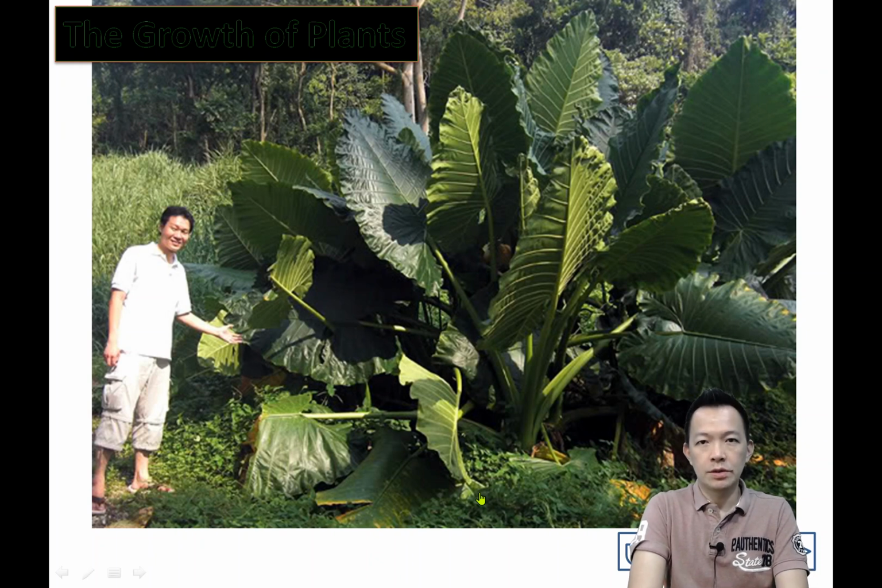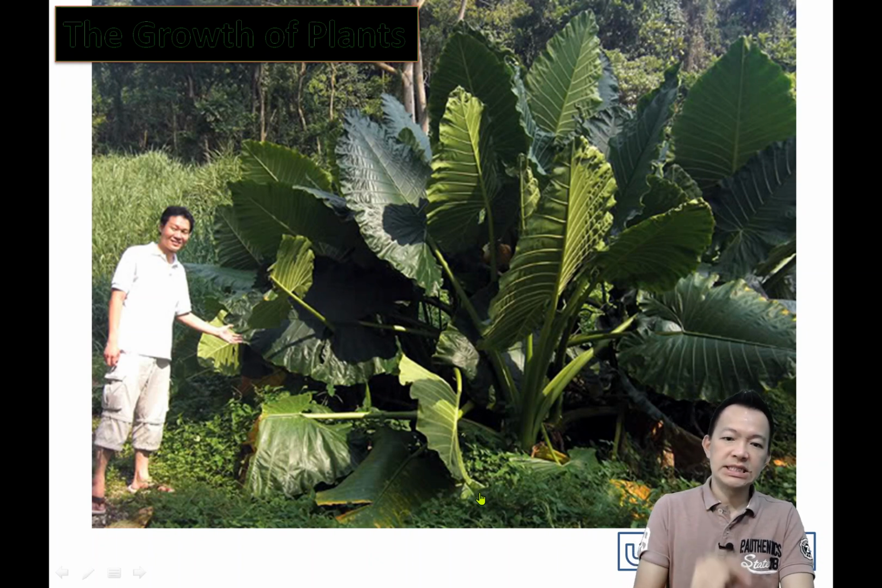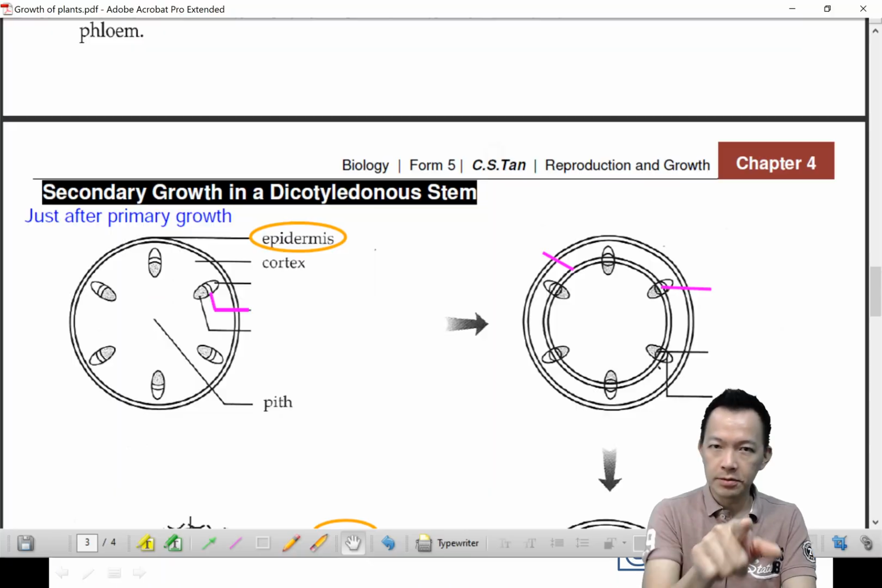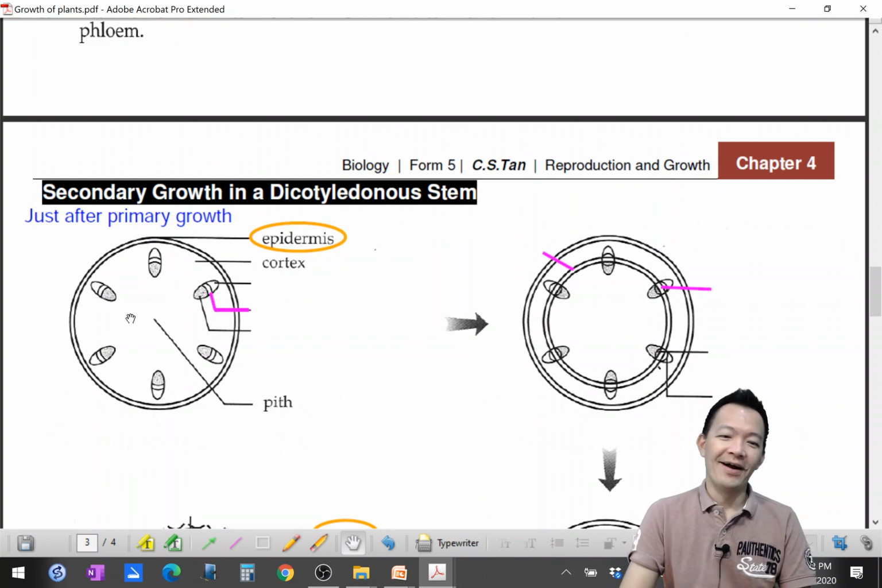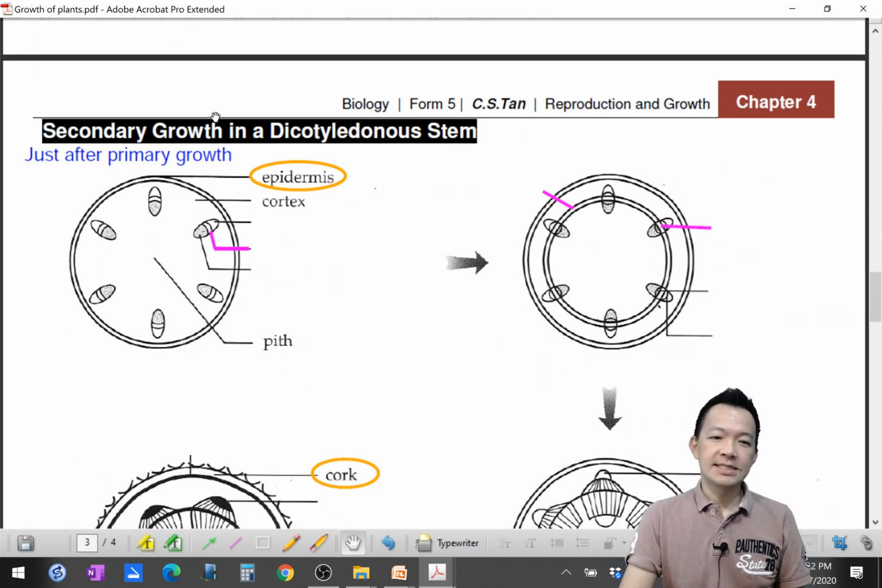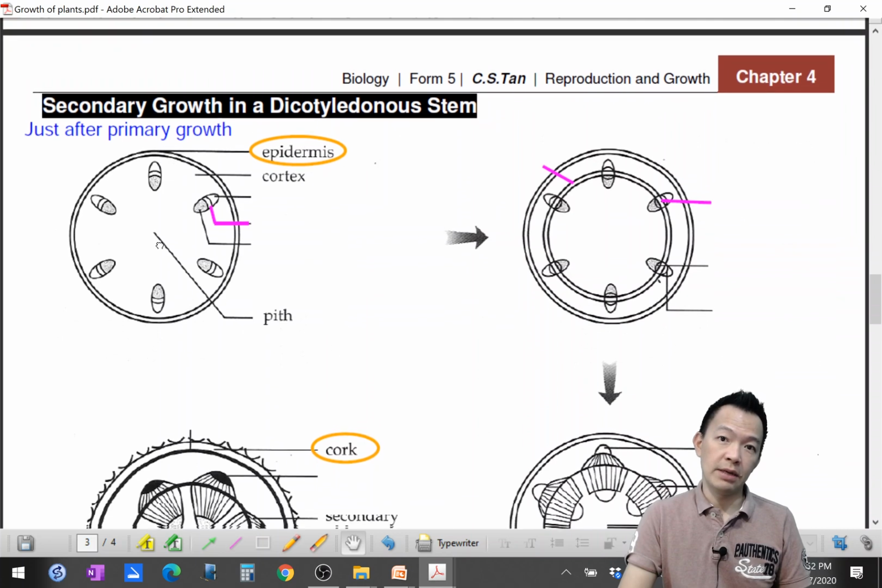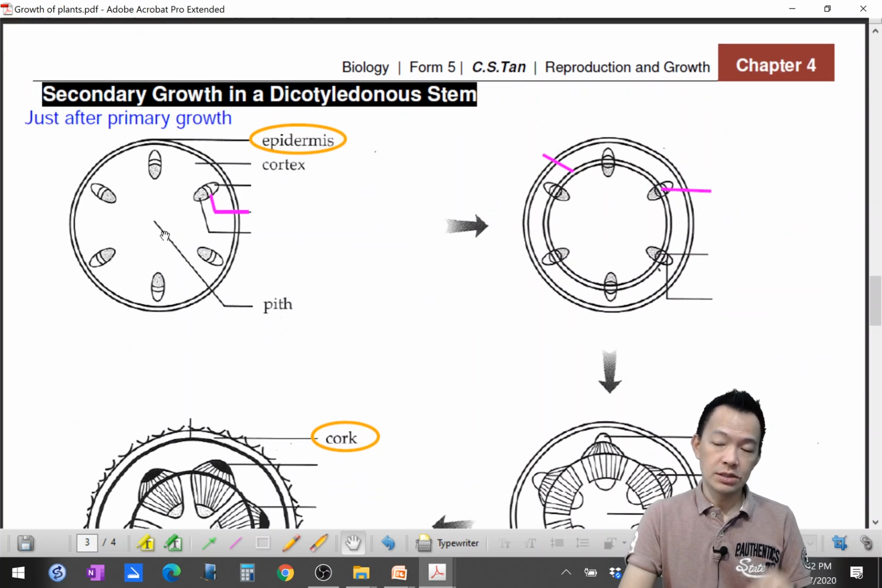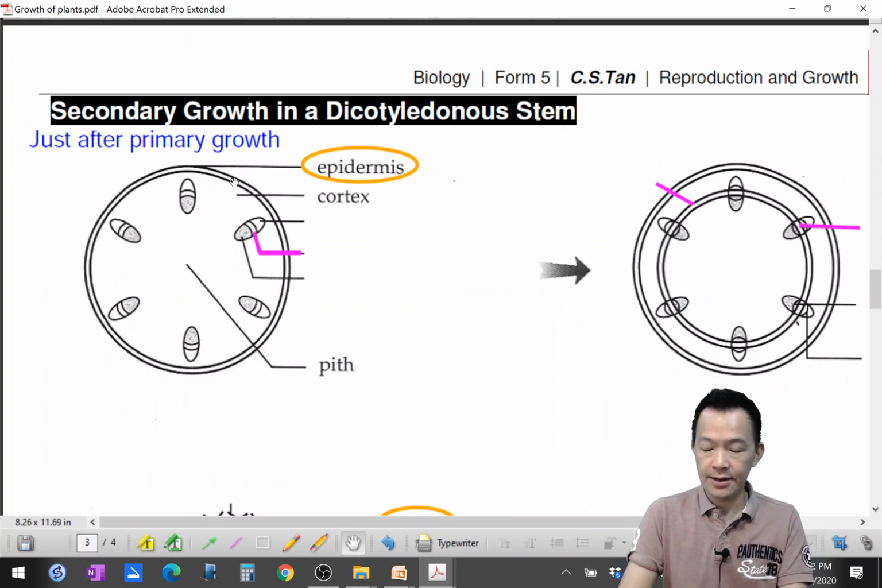Still the growth of the plants, secondary growth. But secondary growth for the stem, how does the stem undergo secondary growth? Okay, after you understand the secondary growth of the root, this title is still almost the same. Just a diagram different only, a small difference in the picture, nothing big. So this video should be faster, simpler and easier to explain. Okay, so just after the primary growth,